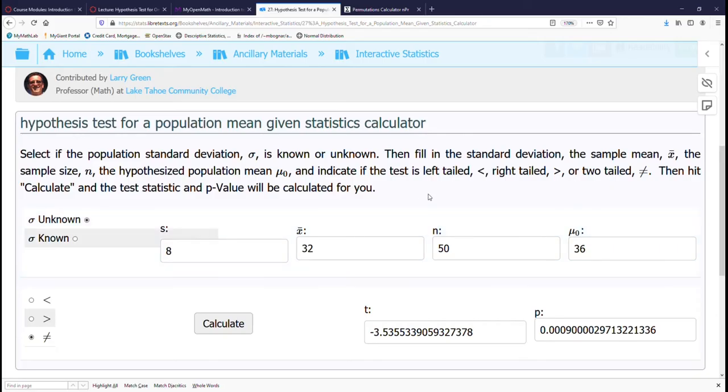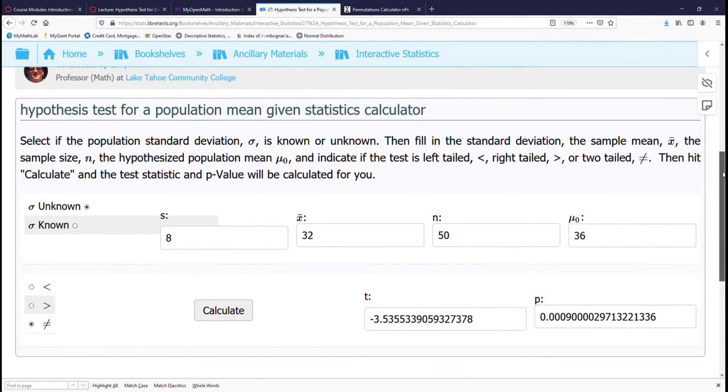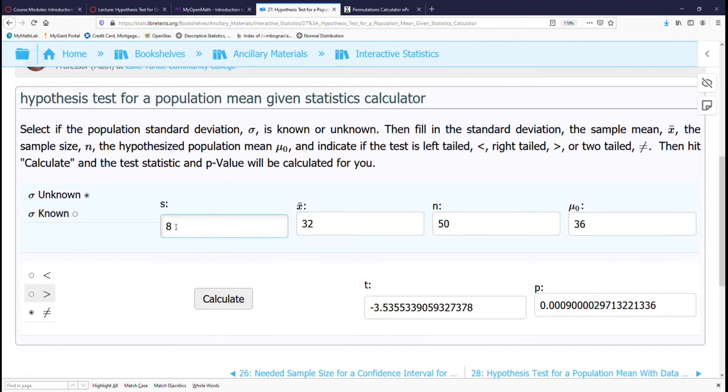If we are going to do the problem on the computer, let's enter the standard deviation of 8, the sample mean of 32, sample size is 50, the mean is 36 months, and we want to select not equals because this is a two-tailed test, and we'll select calculate, and here is our statistic, negative 3.5355, and our p-value is really small,